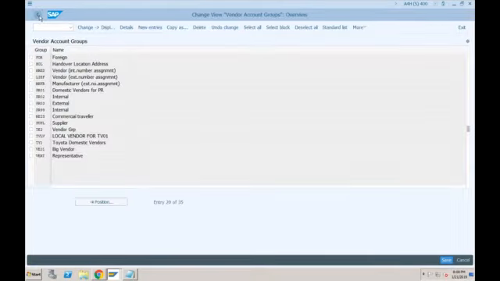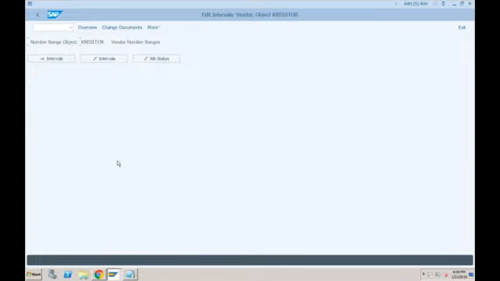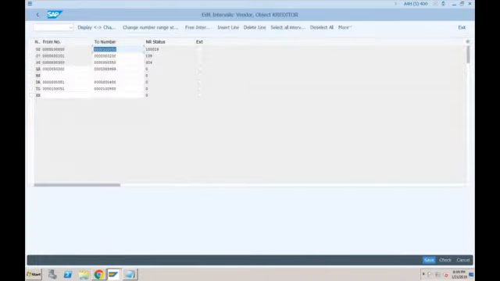So I'll create a completely new number range. Let's see which numbers are available. Maybe we will create with number range 99, and numbers which I want to give is 99000001 to 9900000100.